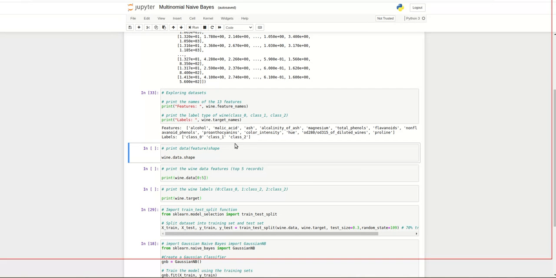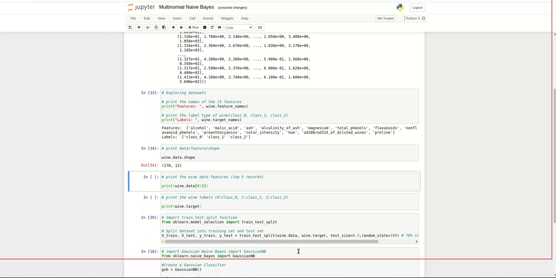After that we see the shape of the data, how many columns and rows are in this data. There are 178 rows and 13 columns in the dataset. If you count the features, you can find that there are 13 columns.